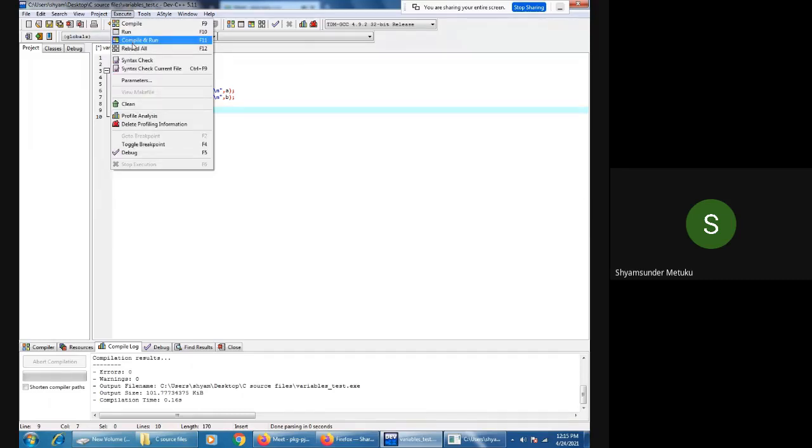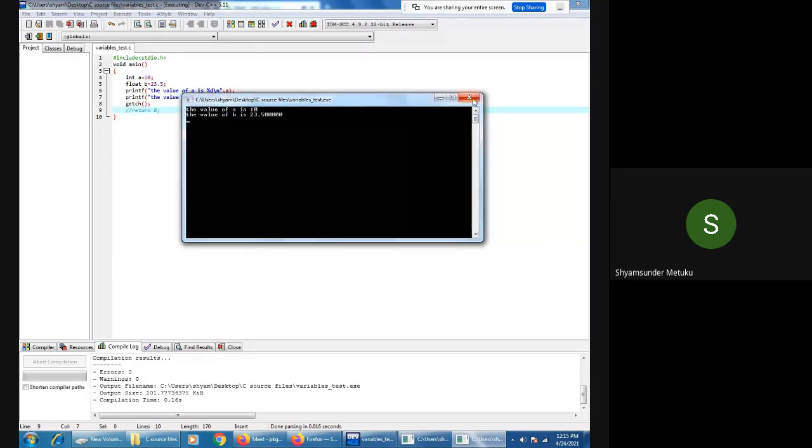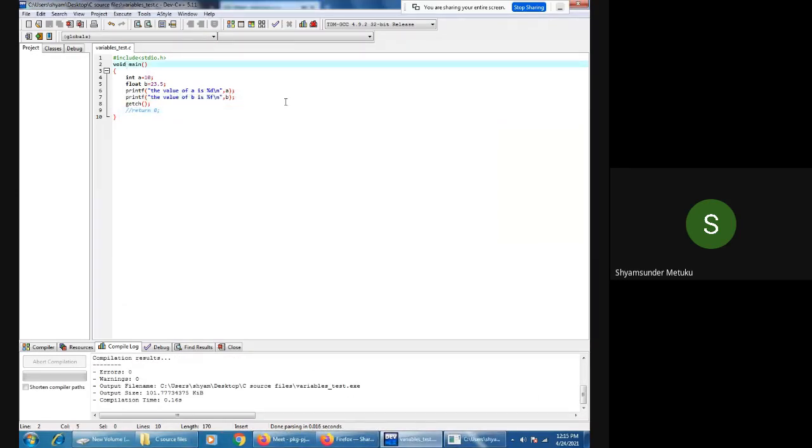Let me execute this. So it is working, correct? Generally there is a relation. If I'm using int here, this main program is expecting some integer, and the integer I'm giving is return 0. Actually, even though you don't write this, Dev C++ by default returns with a value. Let me execute.